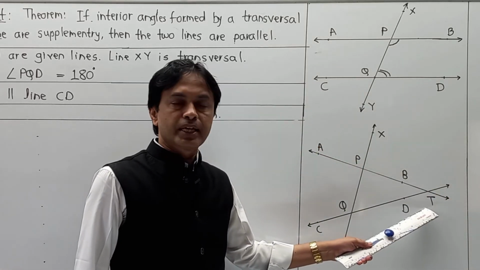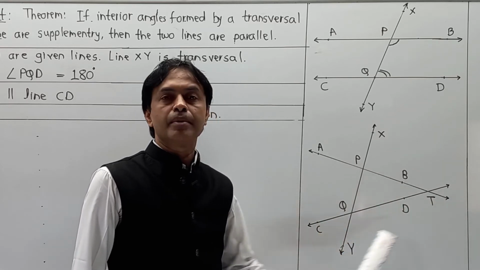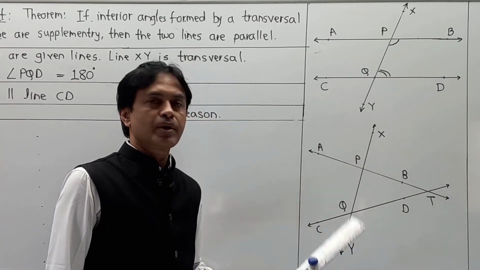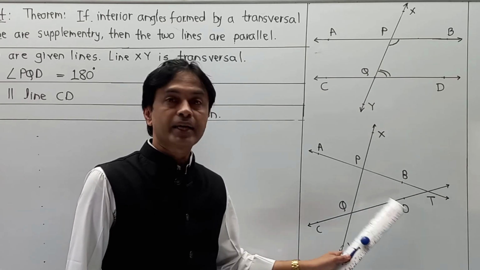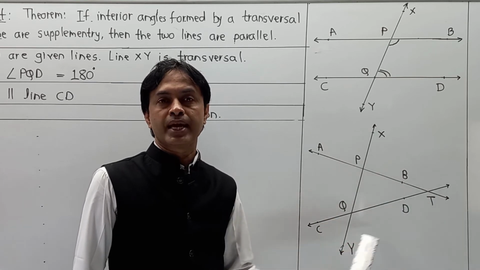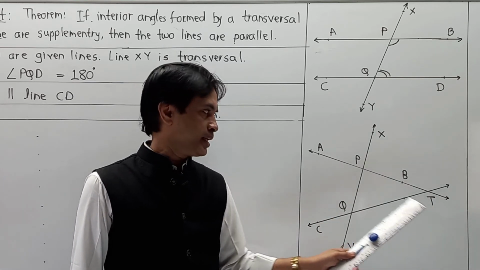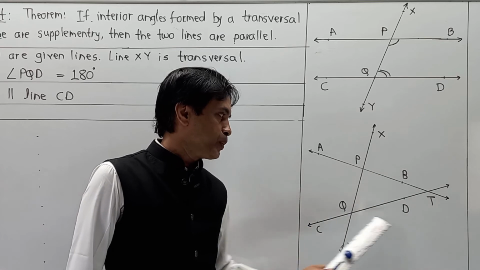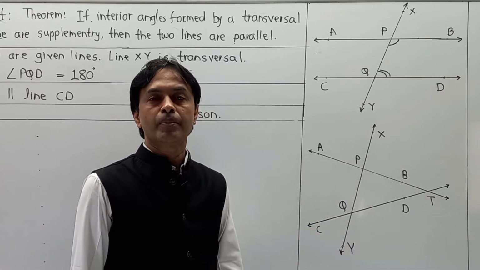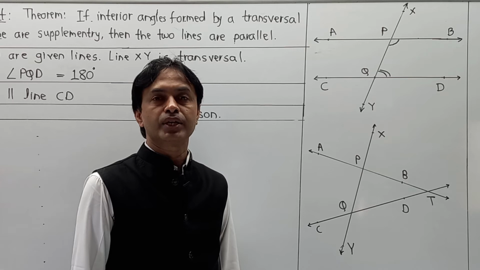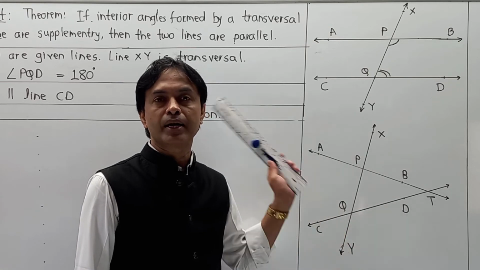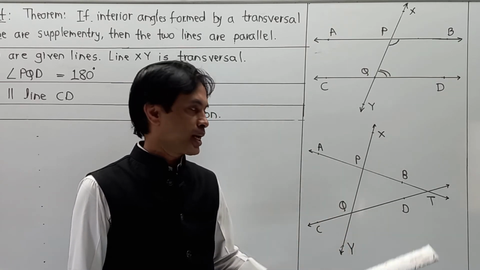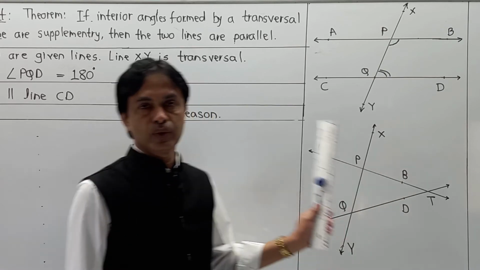Now if point T is formed by the intersection of lines AB and CD, no doubt XY is a transversal, remaining as it is, having intersections at P and Q. But by this structure, if you draw AB and CD as intersecting at T, the figure TPQ formed is nothing but a triangle, and we know that the sum of all three angles of a triangle is 180. So whatever part we have taken as assumption and the part to be proved, we are going to give it over here.